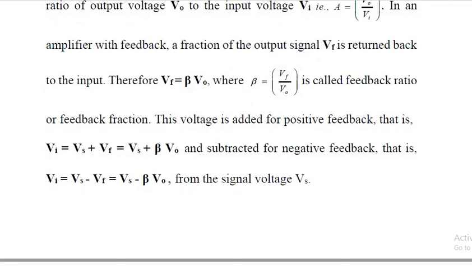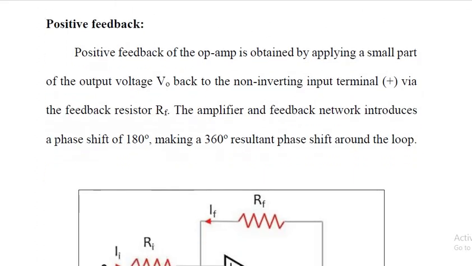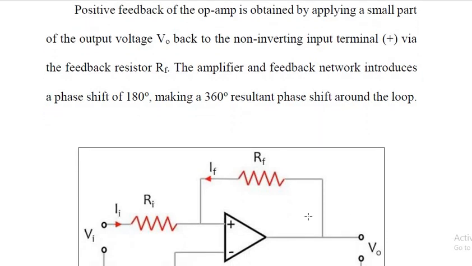Next comes positive feedback. As the name implies, positive feedback is obtained by applying a small part of the output voltage back to the non-inverting terminal. For the non-inverting terminal the symbol is plus. So a small fraction of the output voltage is fed back to the non-inverting input terminal through a feedback resistor